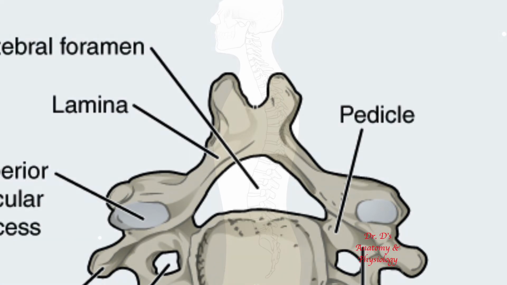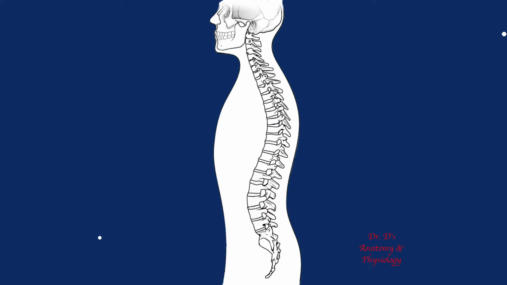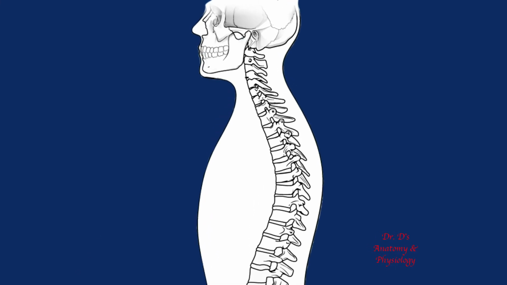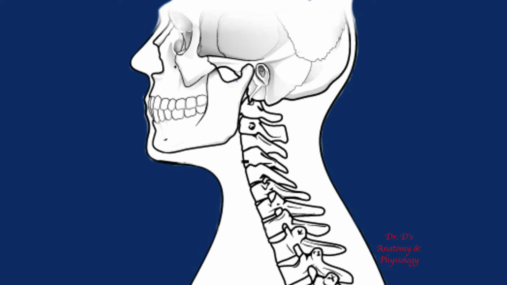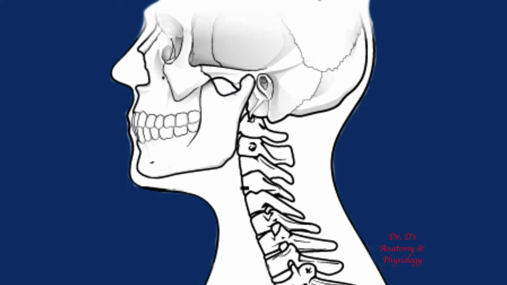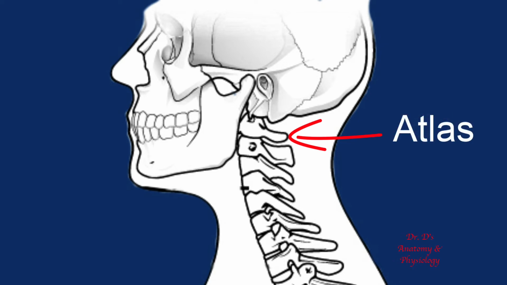So these are some of the general characteristics of the cervical vertebrae, but 3 of the vertebrae have very unique characteristics. And as a consequence, they get their own individual name. So let's look more closely at these 3 vertebrae. And we're going to begin with C1, the first cervical vertebra. This vertebra has another name, which is atlas. And the reason that this vertebra is also called the atlas